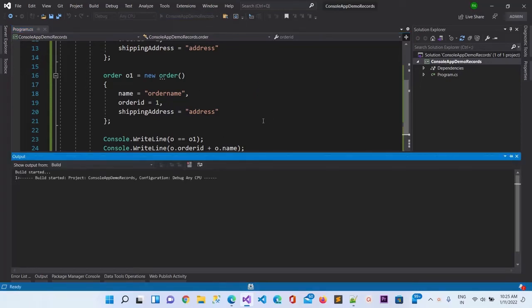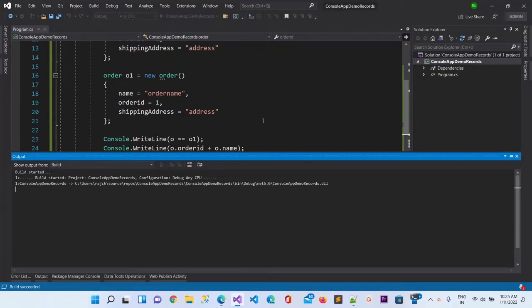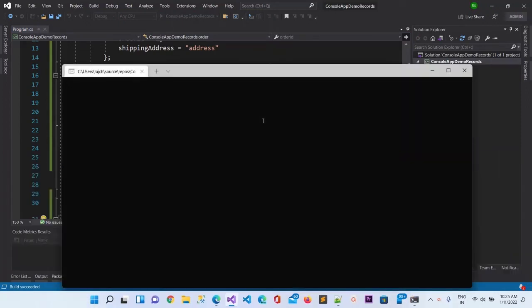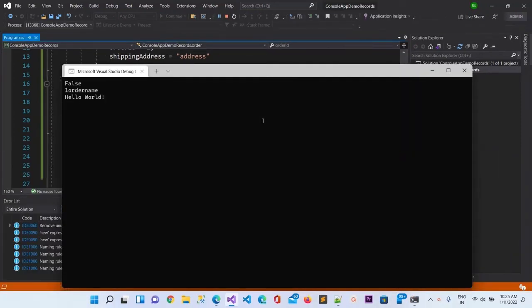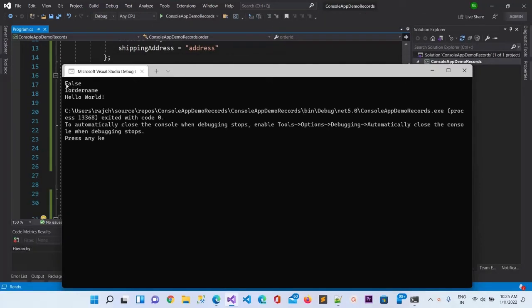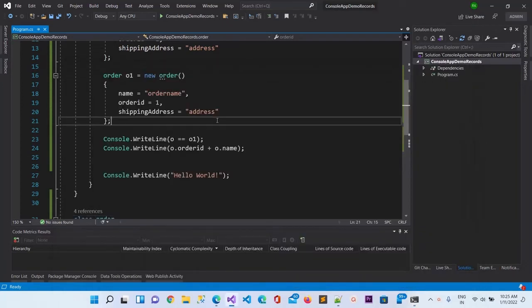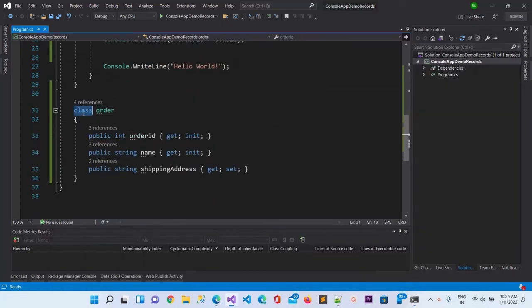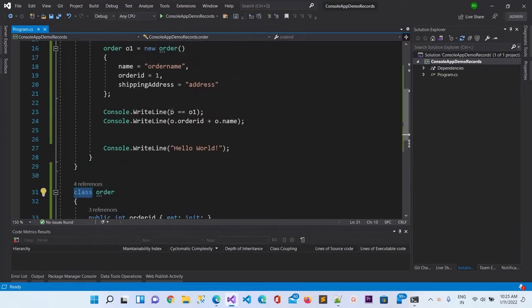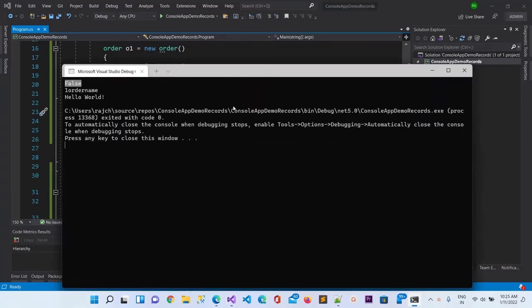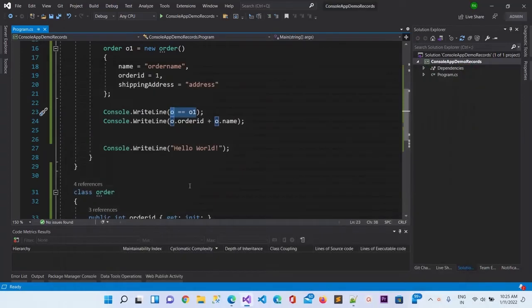Let me run the project. So now you can see here I am getting false. So you saw that when we use record in place of class, we get the value of this comparison of two objects as true, but when I use the class, I get false.